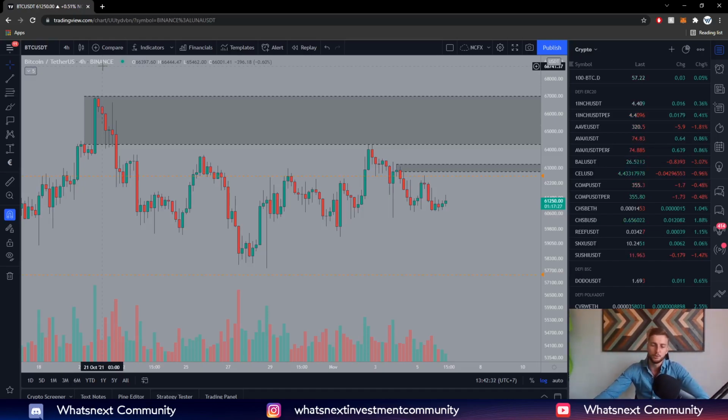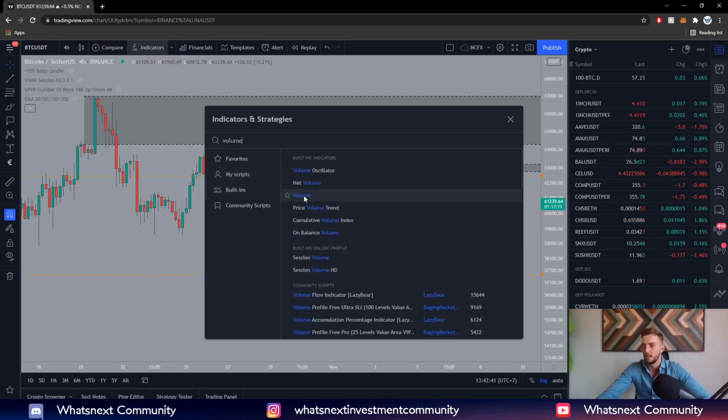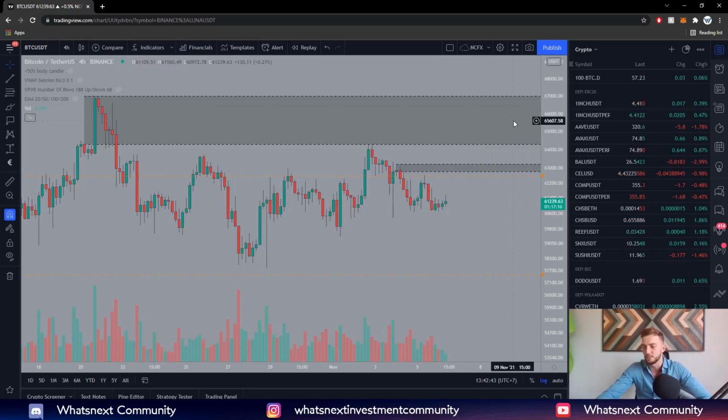So how do you exactly add the volume indicator to your charts? Basically, you go to indicators right here, you type in volume, and voila, there it is, the volume indicator. So basically, I use this tool to check if there are fake moves happening in the market. So basically, sometimes you will see that the price moves towards a specific target without a lot of volume supporting